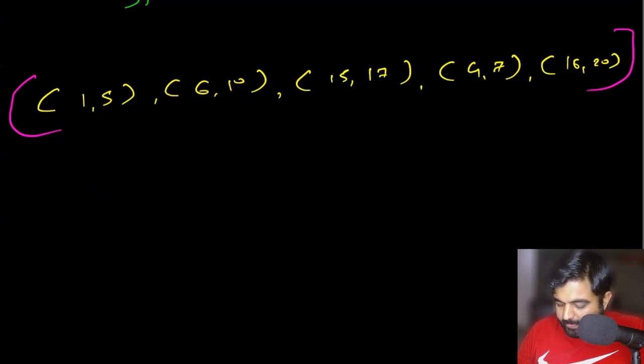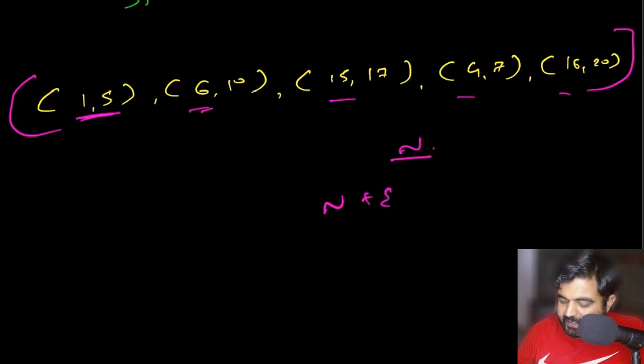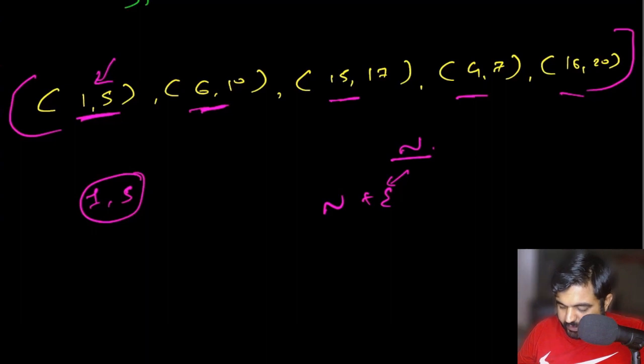What we are going to do is treat every single value as a node in a graph. And remember, a graph is made out of two things, nodes and edges. So as nodes, we already identified that these tuples are all considered nodes. What we are going to treat as the edge is this: say, for example, 1 to 5 is a node. Okay, so let me create a node over here. Now, if there exists a value where the starting value is between 1 and 5, then we would extend an edge from this node to that next node, which in this case is 4 to 7.